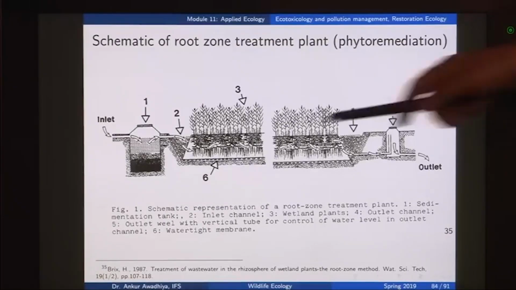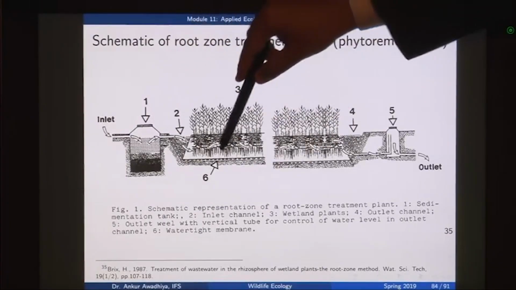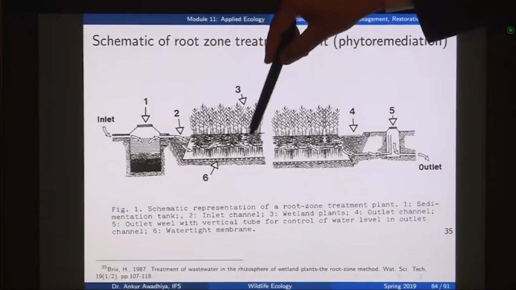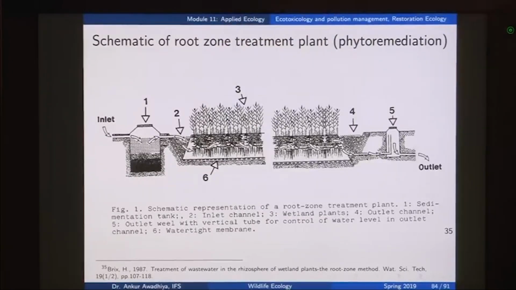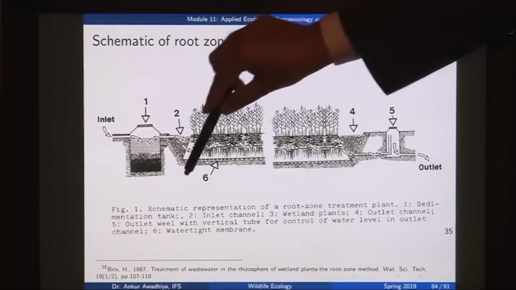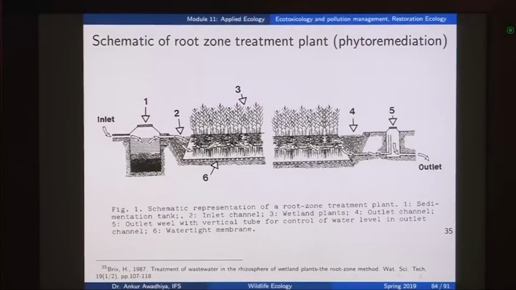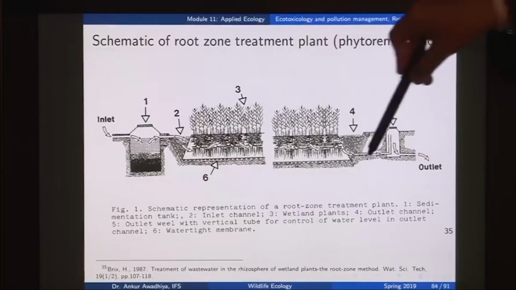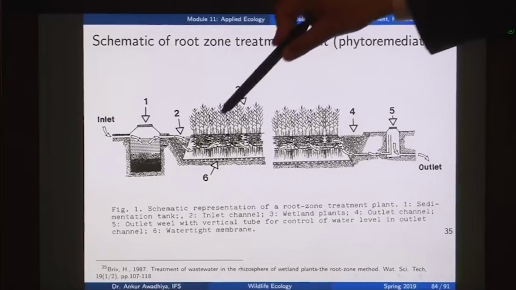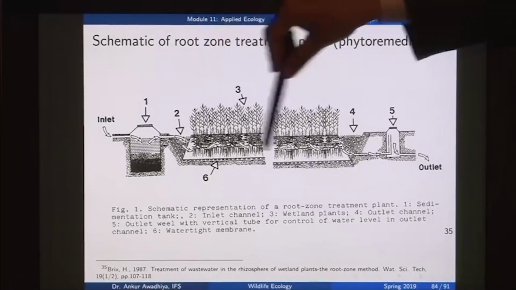After the sedimentation tank, the top water is put into these layers. In this area you have some amount of soil and these phragmites plants, and you create this area in such a manner that on the bottom you have an impervious membrane, generally plastic or concrete, so that the water is not able to seep down into the water table. So, the water has to go like this only. This is generally put on a slope so that the water naturally flows down, and this water is touching all the roots.